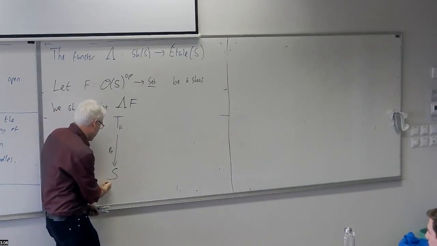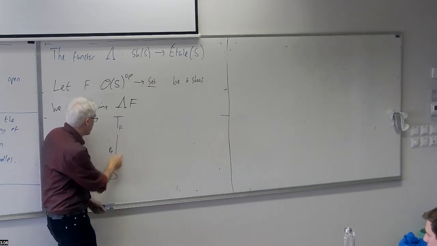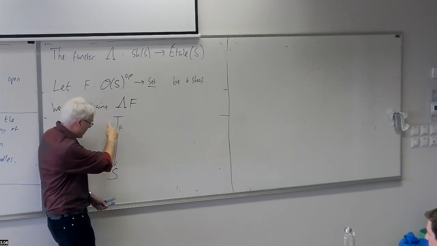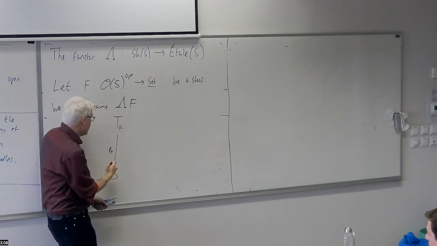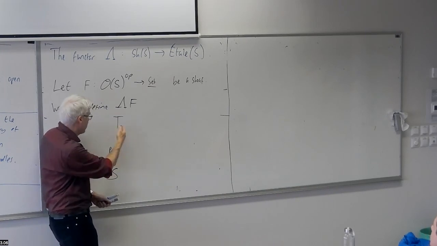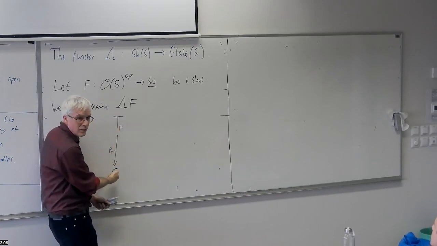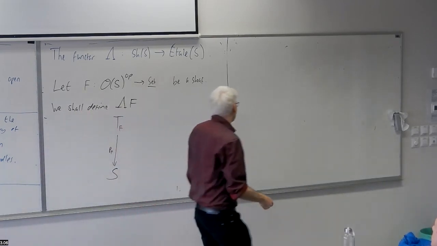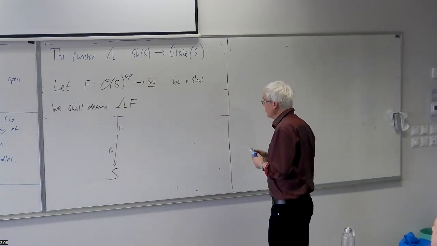So to every point X of S, we're going to define the fiber of things above it as the local behavior of elements of our sheaf F at the point X on neighborhoods around X. So to do that,